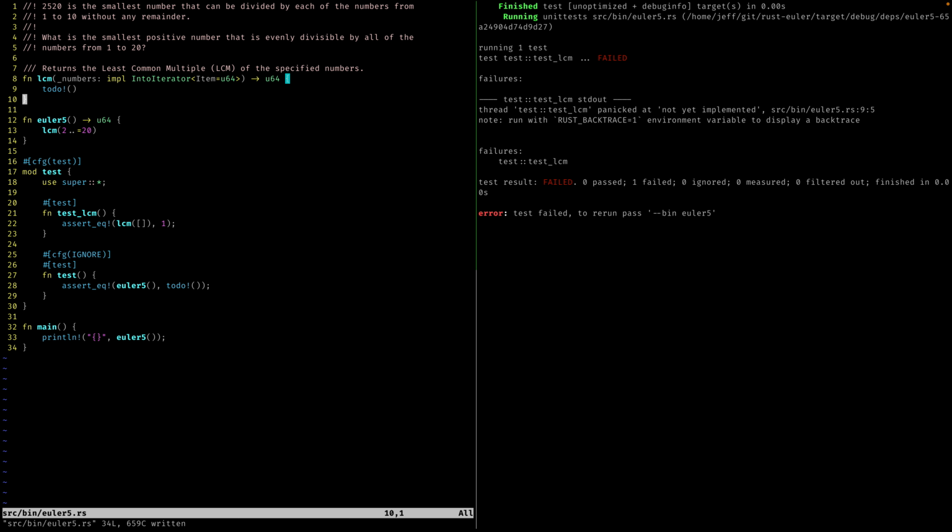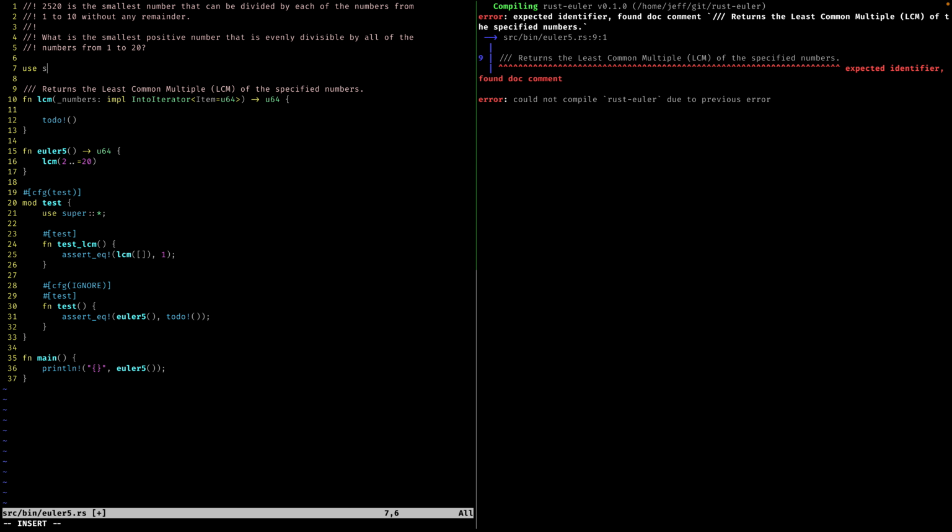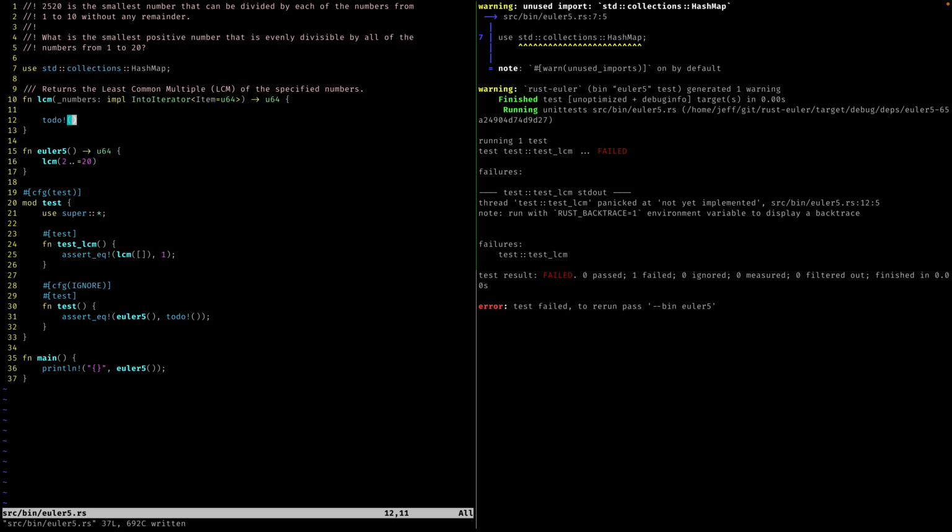So then we'll roll through input numbers, roll through their input factors, and then just make sure the value in our map is at least as high as the value of the exponent for each of these terms in the prime factorings. Let's do that. At least I believe it will work. So we're going to need a map of some type. Use std collections HashMap. We'll say